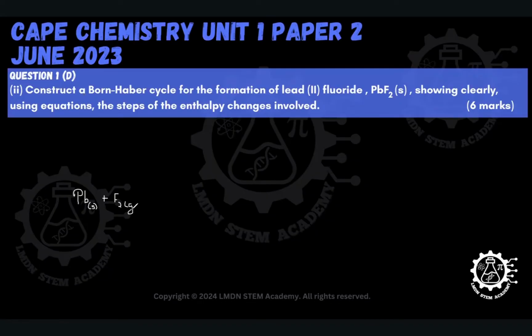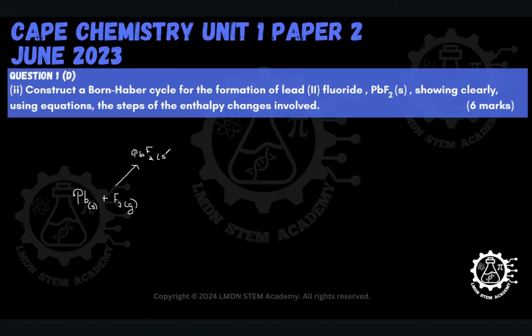At its most basic level, these are the elements in their normal physical states that we're going to combine to then form PbF2. And so I can show an arrow going from here to show that we can combine these two elements in their normal physical state to form PbF2